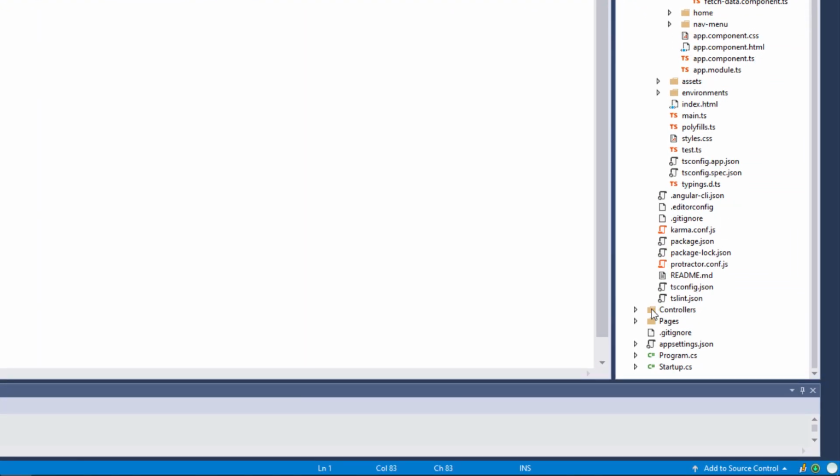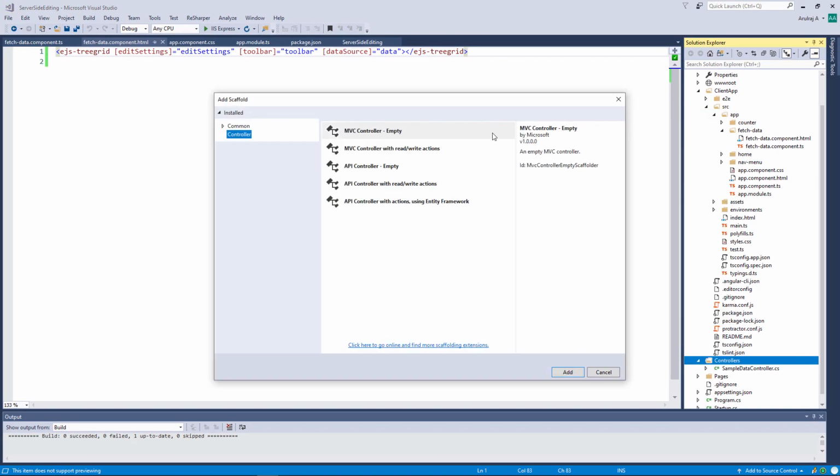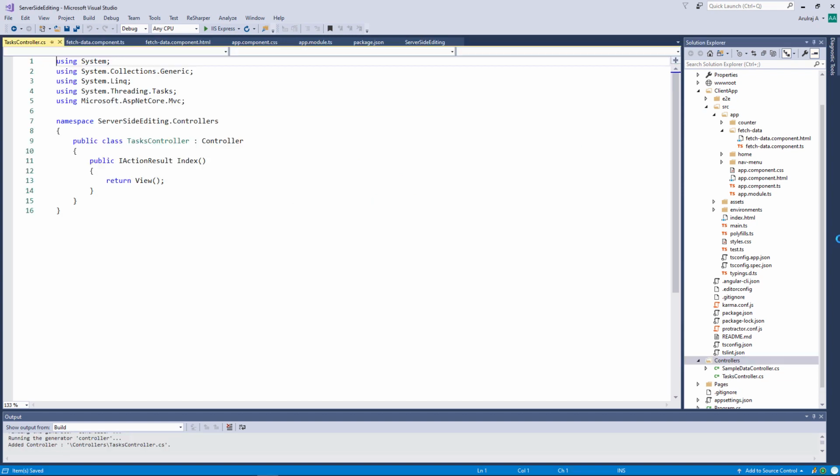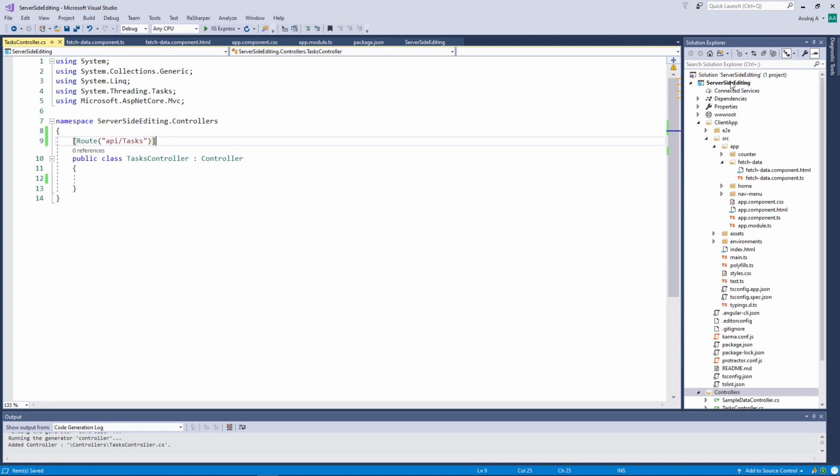For that, I will create an empty MVC controller class and name it tasks controller. Let me add the root as API tasks to identify the right method while calling action methods from the client side.